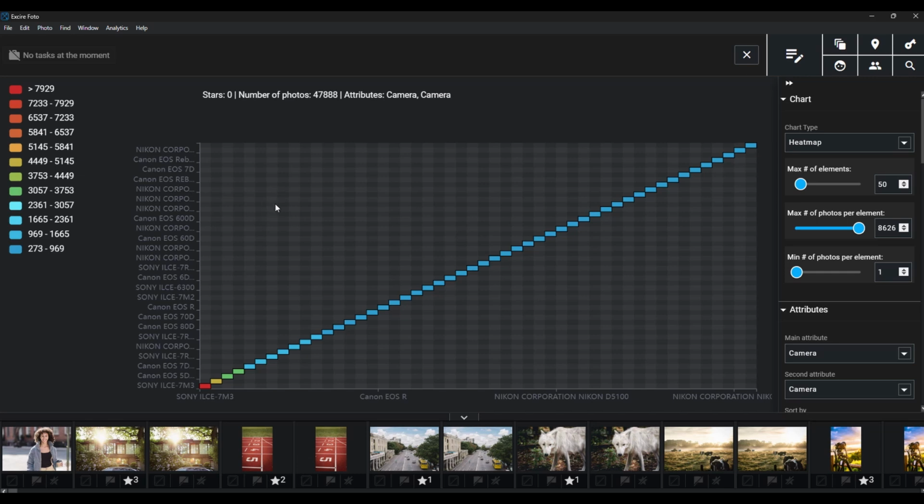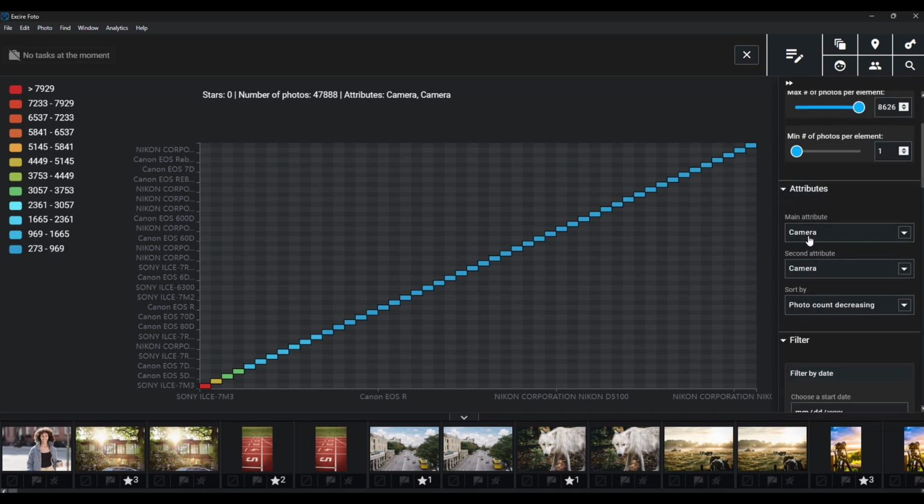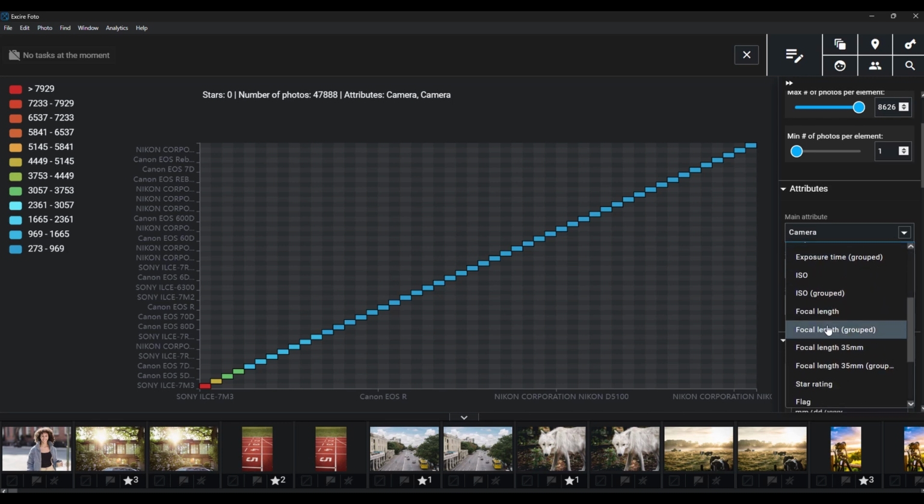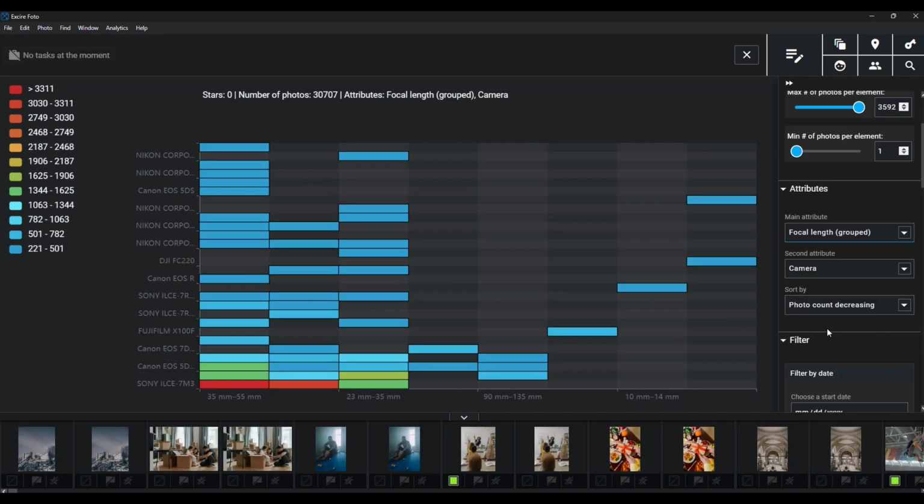Now, the display might seem complex here, and it'd be understandable if you felt confused, but I'm happy to tell you it's actually fairly simple once you learn your way around. Basically, the Analytics module lets you analyze and compare different attributes from your photos. Here, under Attributes on the right-hand side, you can choose the elements that you want to analyze. And there are a bunch of different options here. So you could analyze your photos based on, let's say, focal length. And you could also choose as a second attribute,